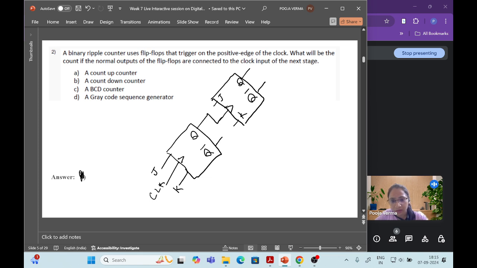So here we have flip-flop 1 with J1, K1, and flip-flop 2 with J2, K2. In order to check, I am giving input 1 to both flip-flops, J1, K1 and J2, K2. So let's see whether it will count up or count down, or whether it is a BCD counter or a gray code sequence. So for checking,